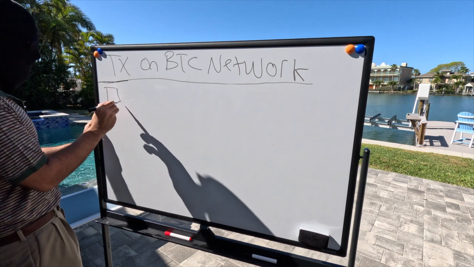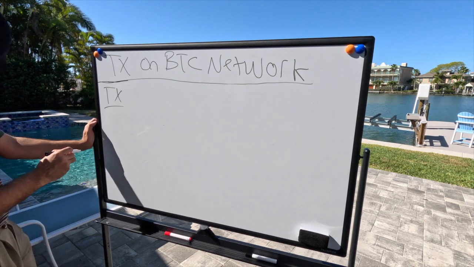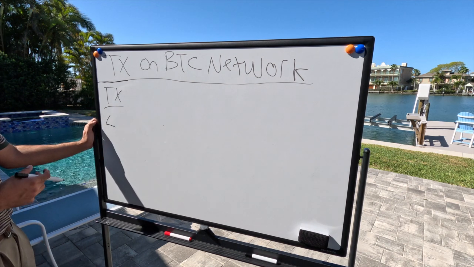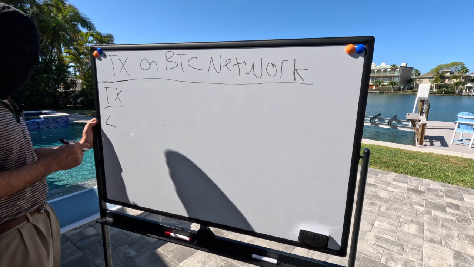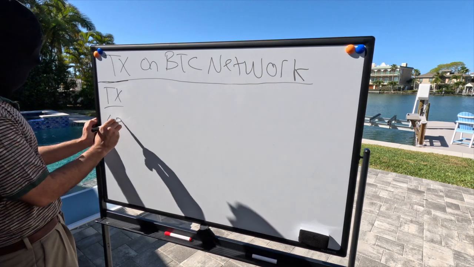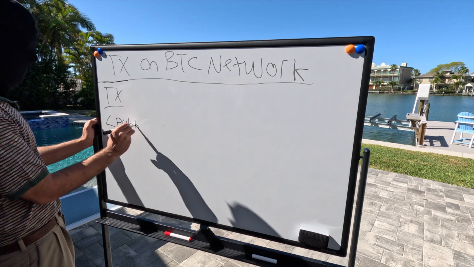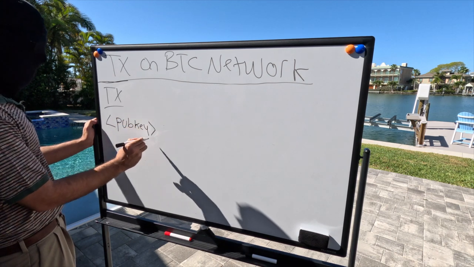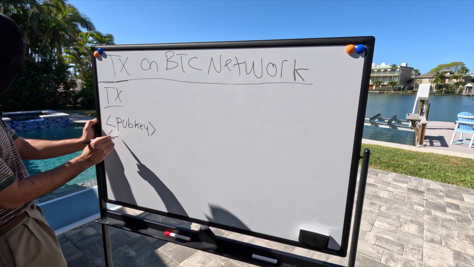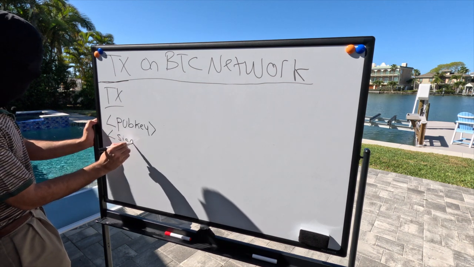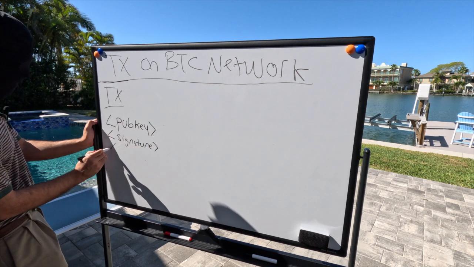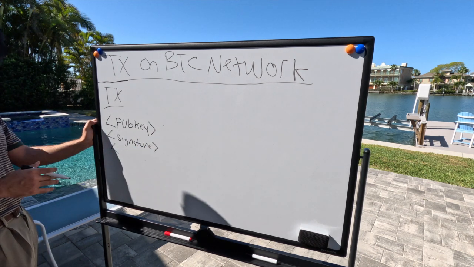So, a Bitcoin transaction. All right. We have the script, which is basically the compiled programming language that Bitcoin uses in order to formulate a transaction. Then we have the pub key, which is the point on the SECP256K1 curve. Then we have a signature, which is basically how nodes identify us when we're sending a transaction to the